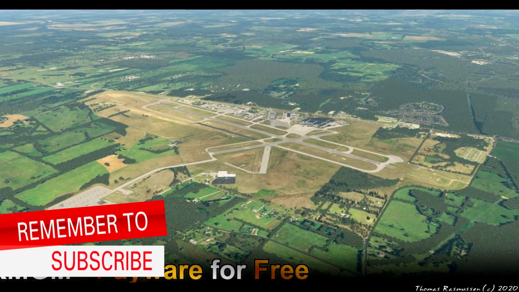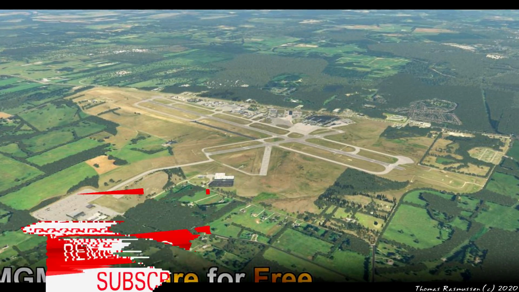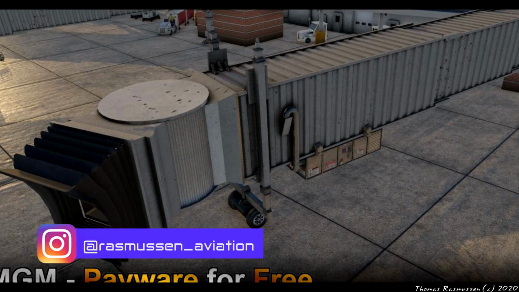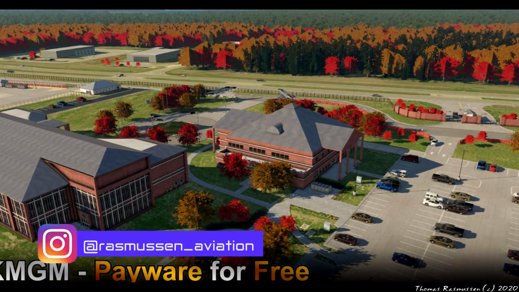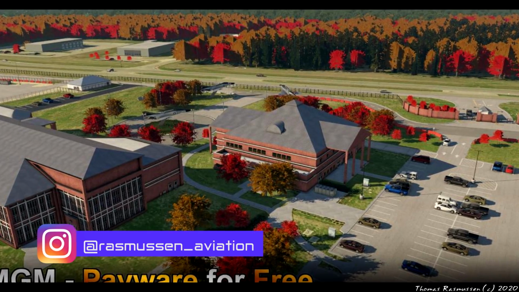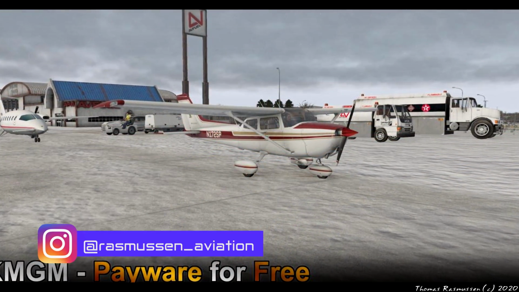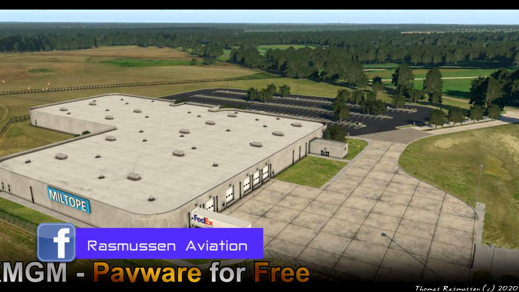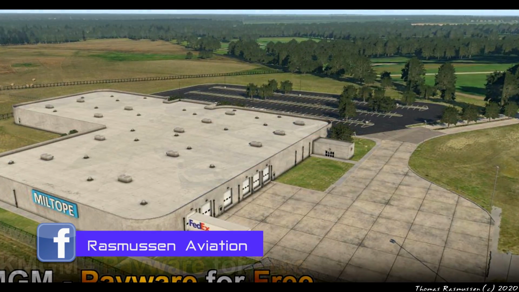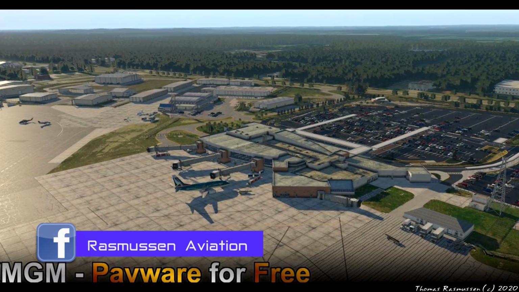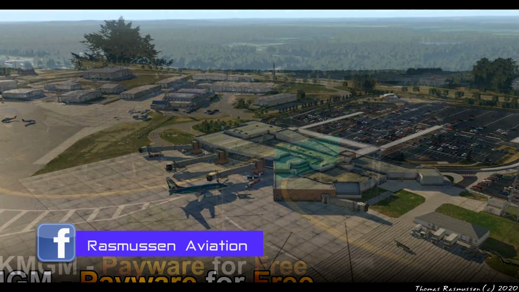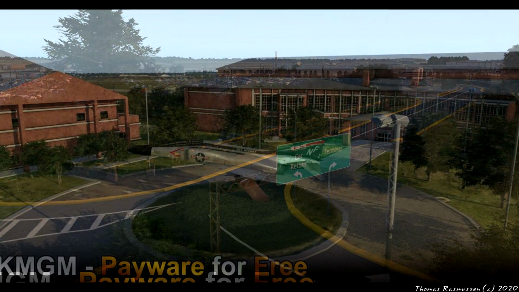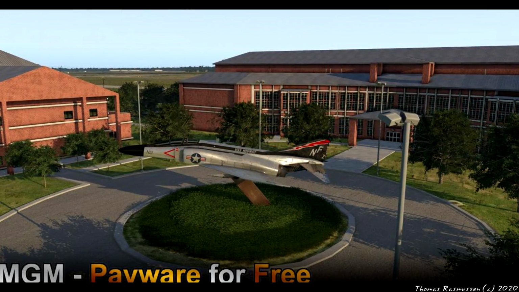Ultra HD pavement textures with normal maps for reflections and pebble level detail. HD building textures with advanced PBR normal maps for superb material properties and enhanced detail and wear and tear. Detailed ground clutter, detailed terminal interior with animated 3D people, ultra-realistic high-performance 3D vegetation, Explain 11 native service trucks, custom